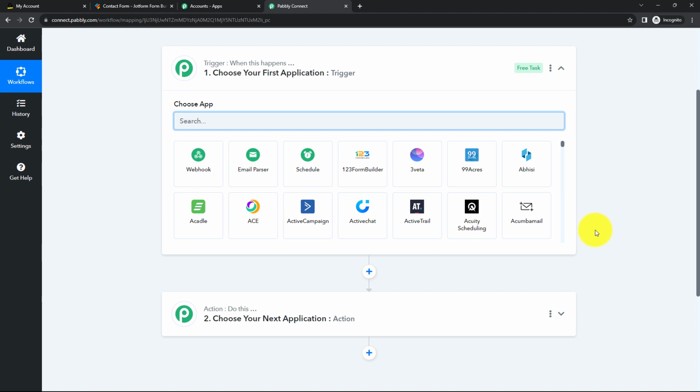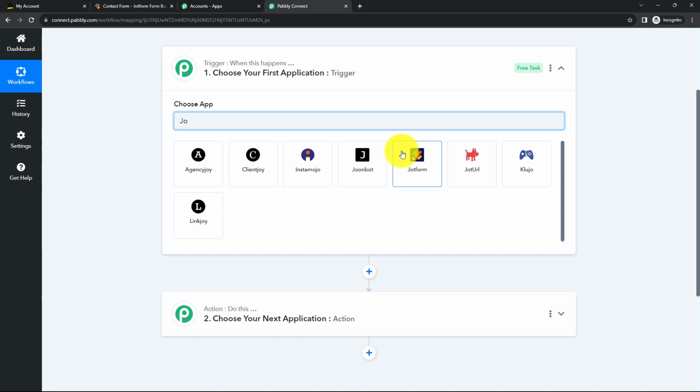Let's understand trigger and action once again with the example of this workflow. Here we are going to take Jotform in our trigger and GoToTraining in our action. And we want that whenever we receive a response through a Jotform submission, automatically by using that response, a new registrant should be created in GoToTraining. So here our action is definitely the response towards the trigger. So let's start creating this workflow. First of all, we have to select our trigger application, which is the very first step of every workflow. So let's select our trigger application, that is